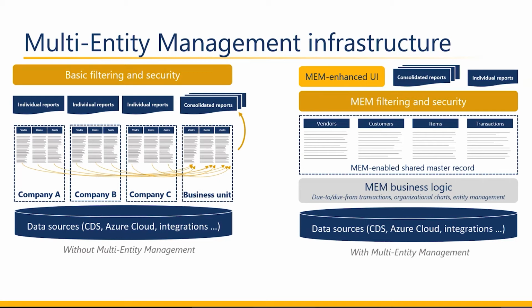And then again, having to maintain those lists within those separate companies can be a major pain for Business Central users. On the right, the proposed solution with MEM, having everything in that centralized instance, and being able to run those consolidated reports really quickly by just picking and choosing exactly which entities you'd like to include in those reports, whether it be all of them or a subset, and having that reporting capability at your fingertips without the need to have separate spreadsheets or have some other reporting tool